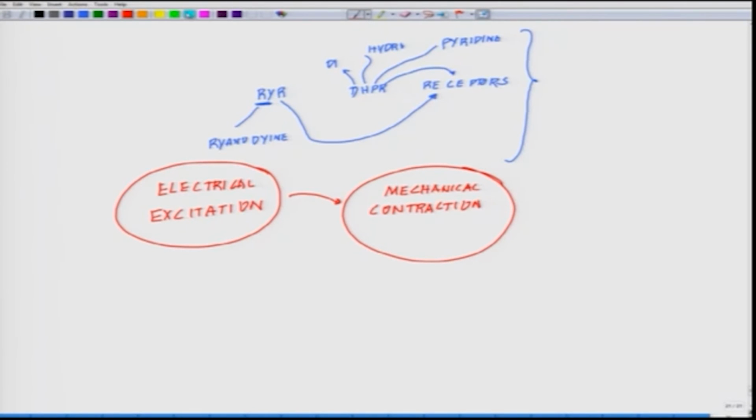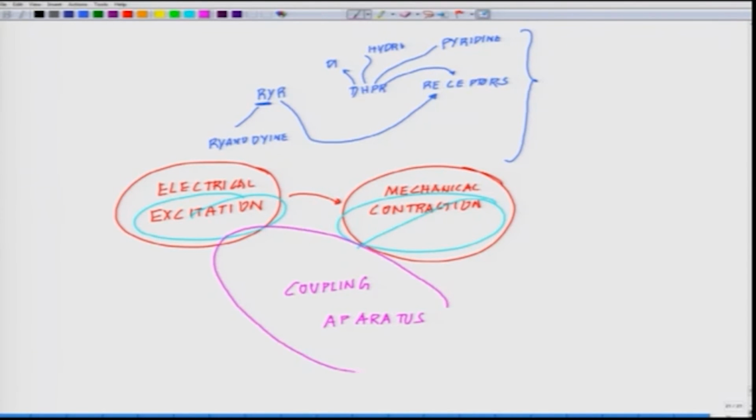So, excitation, contraction. Next thing what we know is coupling of these two, and this whole process is called excitation, contraction, coupling apparatus, which contraction is because of sliding filament motion of actin and myosin filaments,